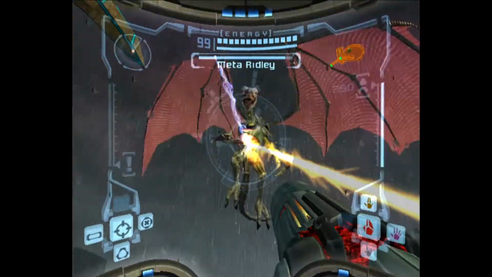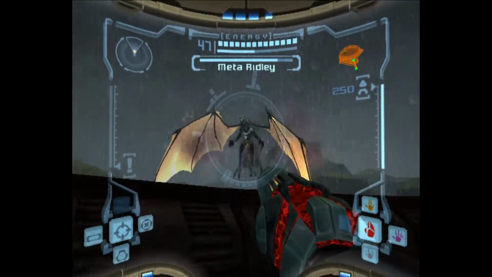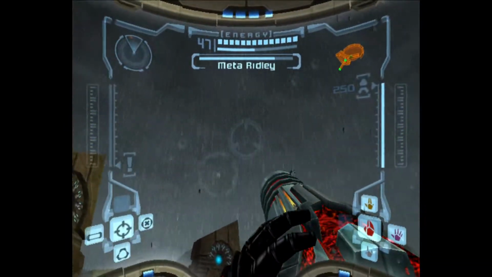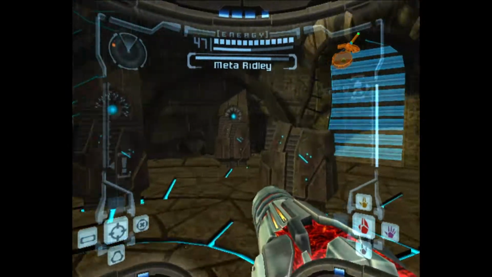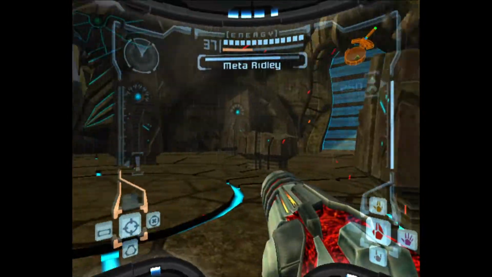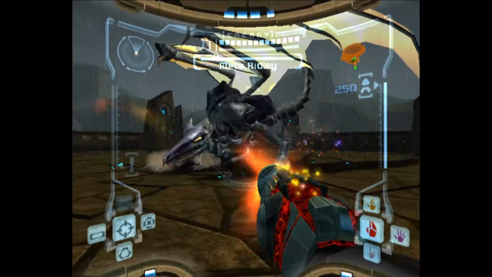So what we do here, we shoot him a bunch, try not to get shot. And he's gonna do his little fly away thing. And then he launches a bunch of bombs. The easiest way to avoid being hit by those bombs is to just not lock on to them, which sounds counterintuitive, but...